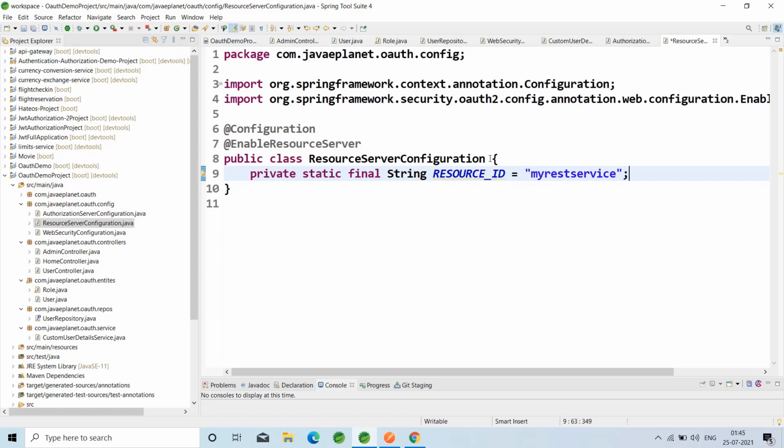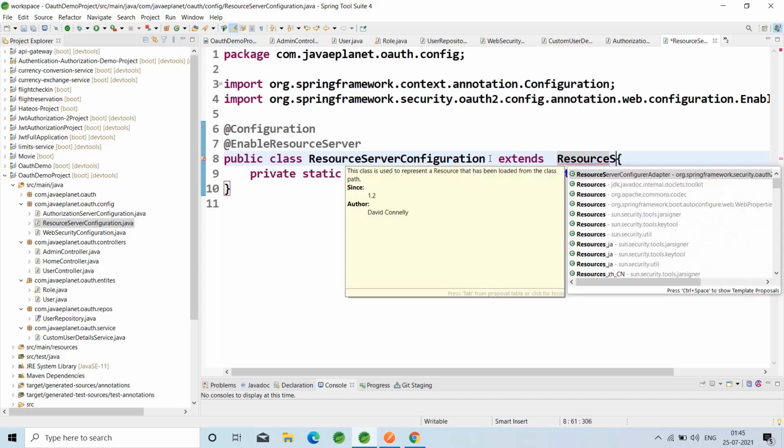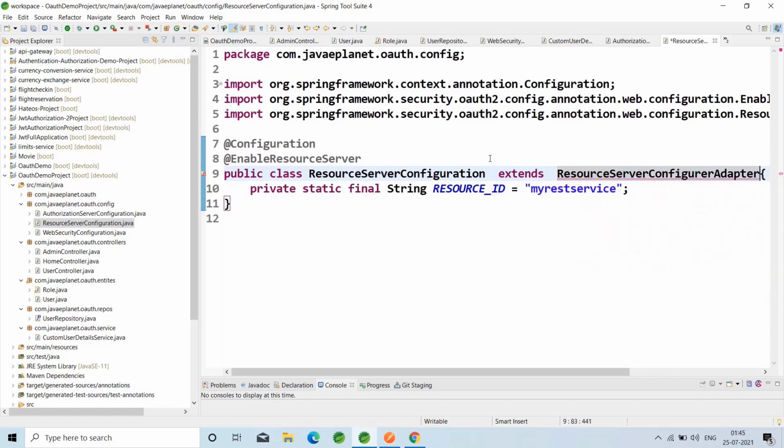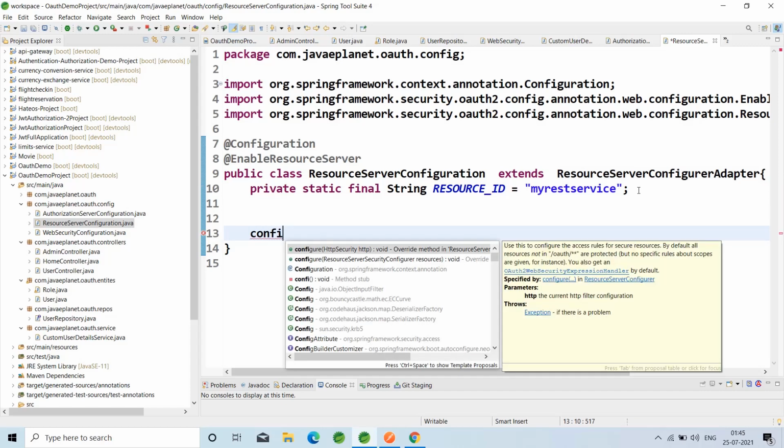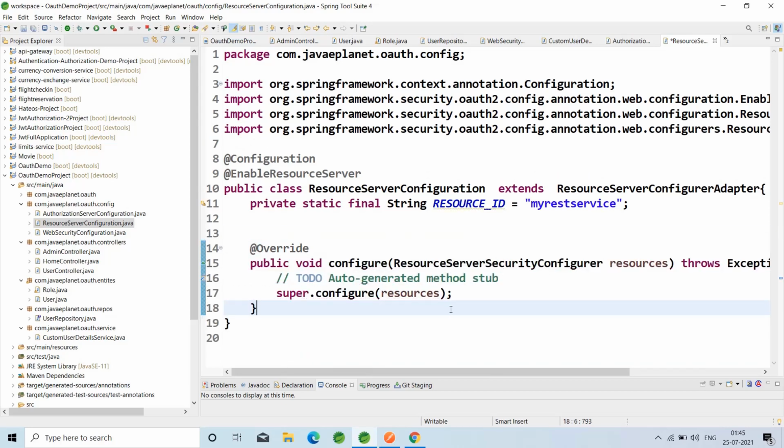Here, let me extend ResourceServerConfigurerAdapter. After this, override the configure method, which takes the ResourceServerSecurityConfigurer. Remove the to-dos.